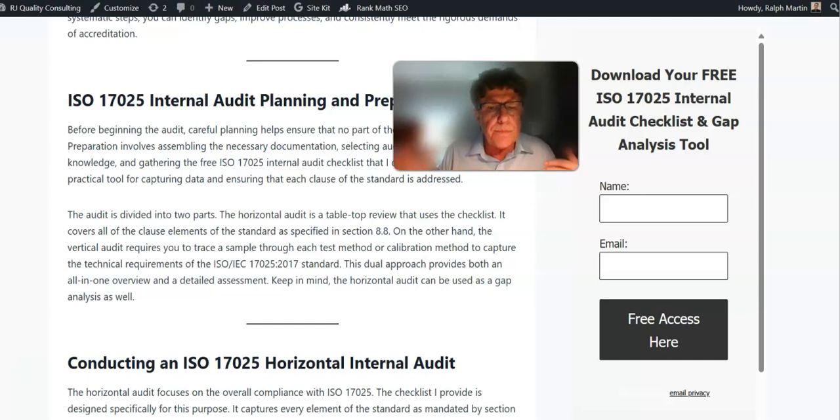So basically, your internal audit should be divided into two parts. I refer to these two parts as a horizontal part of the audit and a vertical part of the audit. These are terms that I actually picked up from auditing FDA or food laboratories. If you didn't know, the accreditation body that I audit for did at one time have the account for